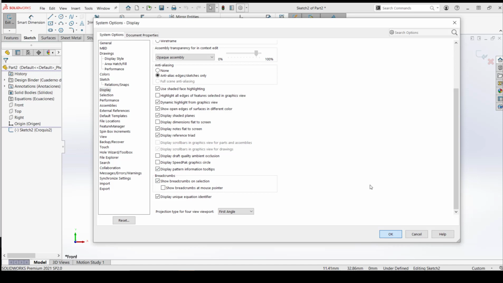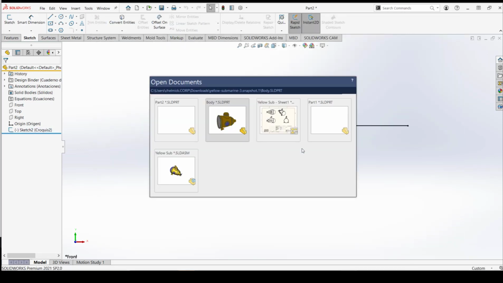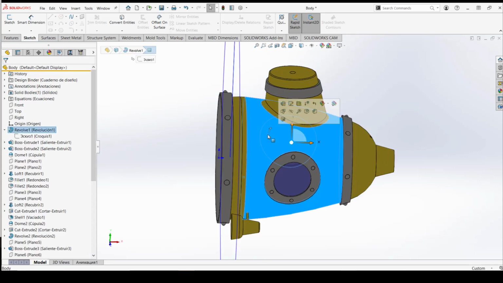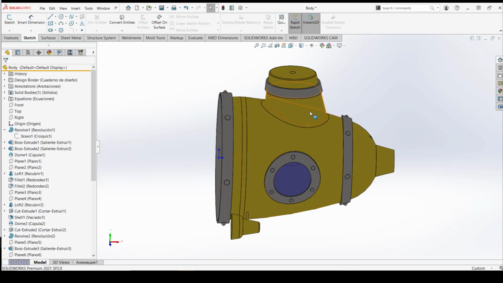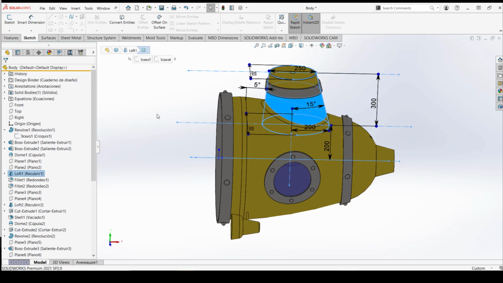If you're not using breadcrumbs, I highly recommend it. They're great. A breadcrumb is when I select a component of my part, I get this series of icons up here. These are called breadcrumbs. They essentially leave a trail of how I got to where I am now. By just clicking on a section, I can see what the process was to create that section. So I like my breadcrumbs, and they're not taking up very much space, so it's not a huge pain if they're there and you're not using them.